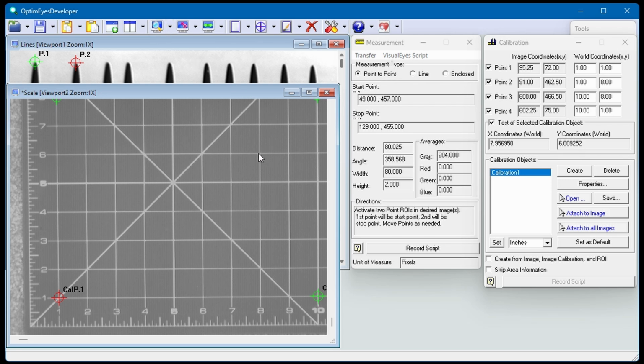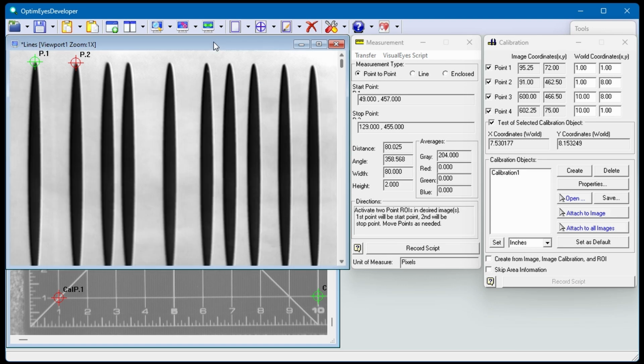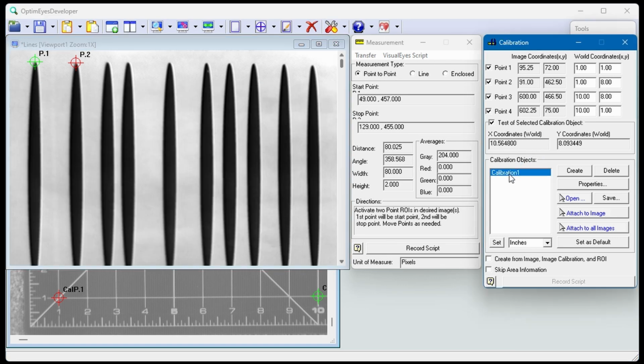For example, if I position the mouse near grid location 8, 6, you'll see that the tool displays the expected numbers. So now we have a good calibration, and we want to apply it to our measurement in the other image. Again, for the sake of this demonstration, we're pretending that both images were taken with the same camera in the same position. We'll activate the image whose measurements we want to calibrate, select the calibration, and click Attach to